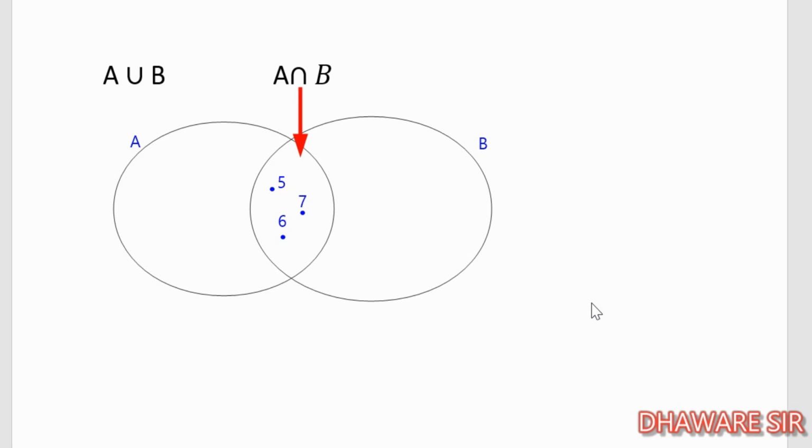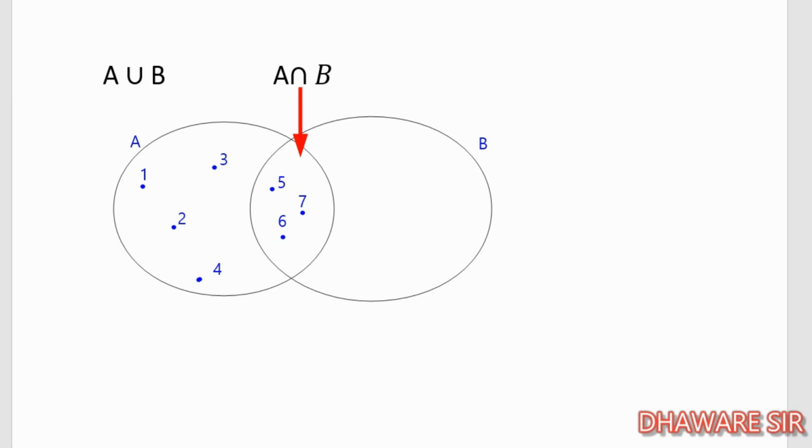Now what are the remaining elements from the set A? Let us write down. The remaining elements are 1, 2, 3, 4. So the set A is completed. We can say that the set A is completed: 1, 2, 3, 4, 5, 6, 7. So this is our set, completion of the set.